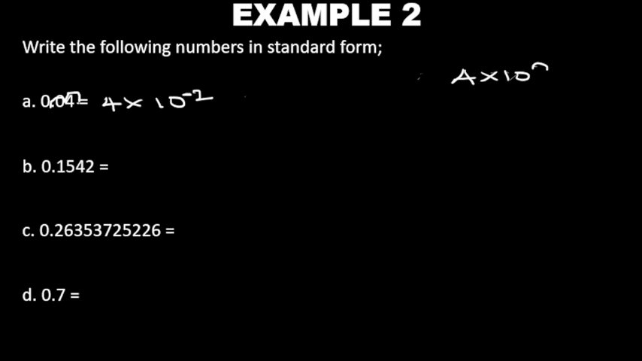So that will be 0.04 in standard form. The same way, 0.1542 in standard form. Let's get the value of a first, which is a number between 1 and 10. So where are we going to shift the point to? From here to this position, that is between 1 and 5. So that will give us